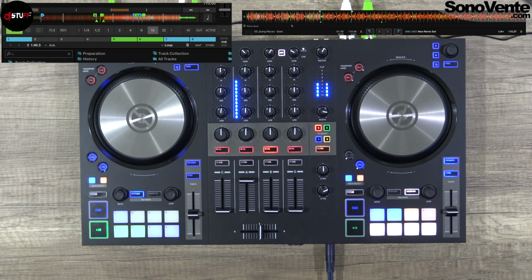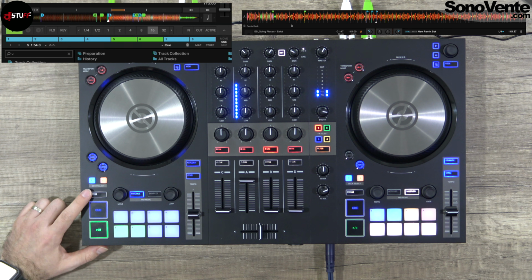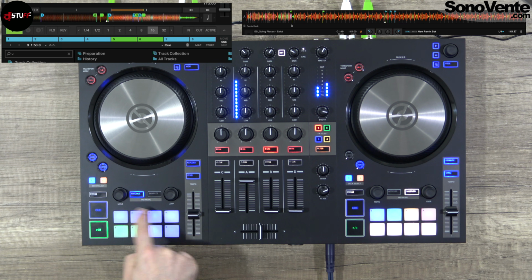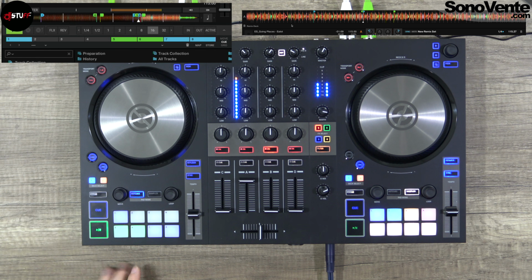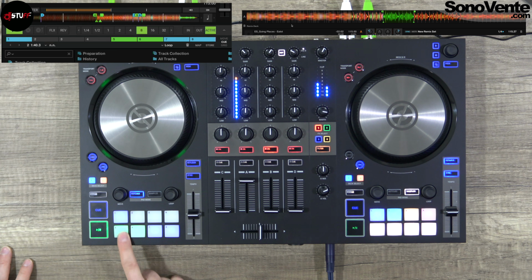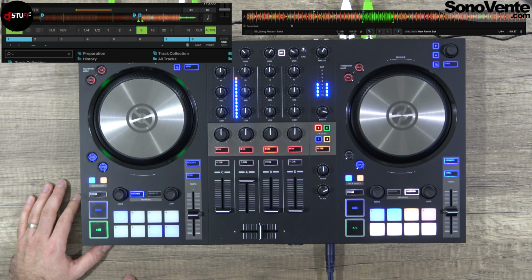Hot cues allow you to put some points directly on the track, every point where you want. You can repeat them. You can erase them, and you can put some loop. So if I put a hot cue, purple one, I will call a hot cue. If I call a loop, I will call a loop, and I can erase my loop if I want to.